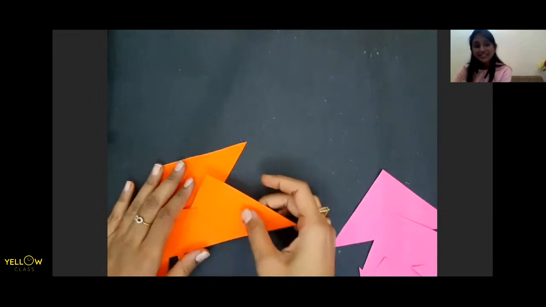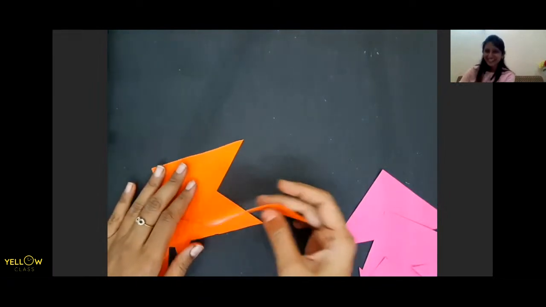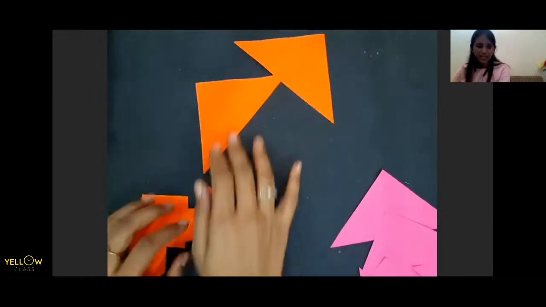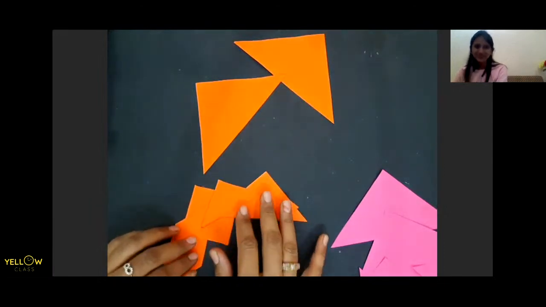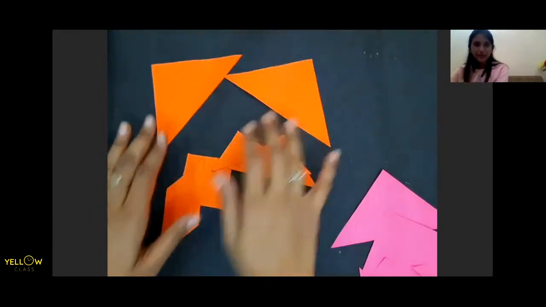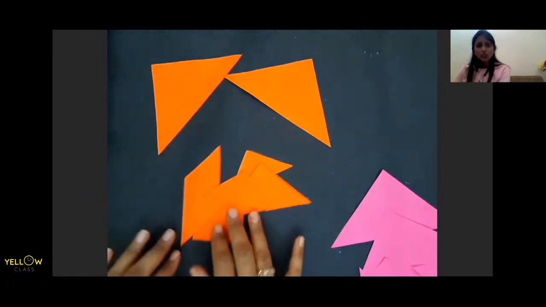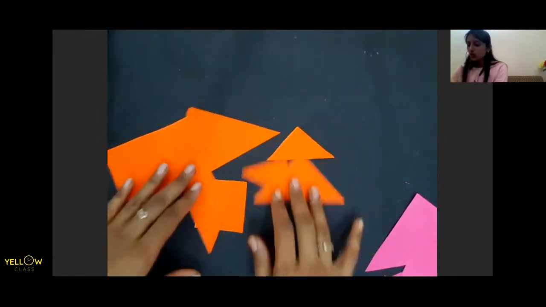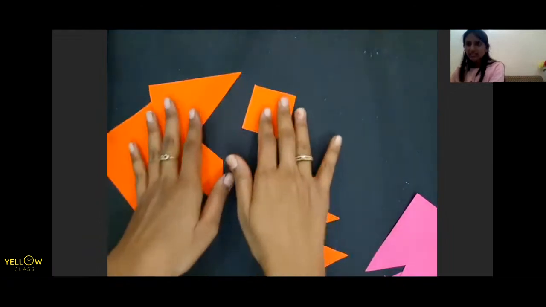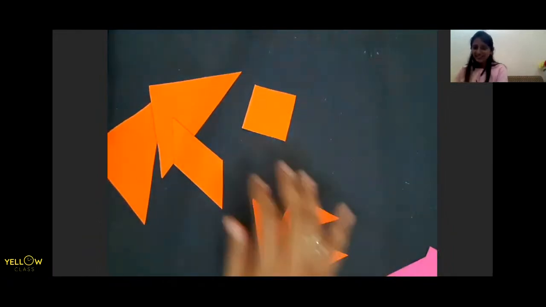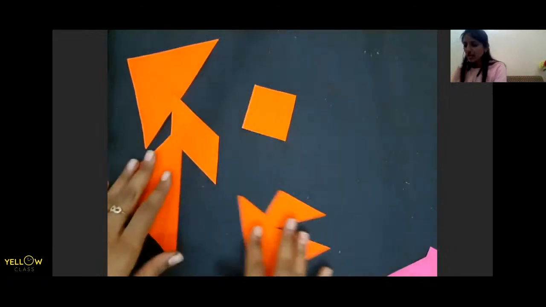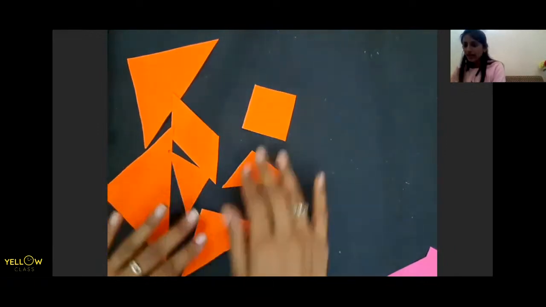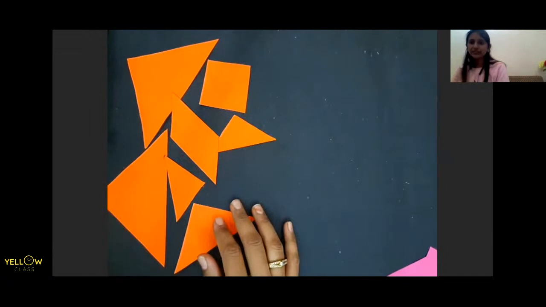I'm getting a lot of answers for the catty. Yes, okay. So for the catty and rocket also, fine, we are going to make it. And what else do you want? Okay, bird. Okay, so a lot of answers have come for the catty. So let's start making cat. One little cat for us. So keep the pieces. I hope all the children have cut their pieces nicely.